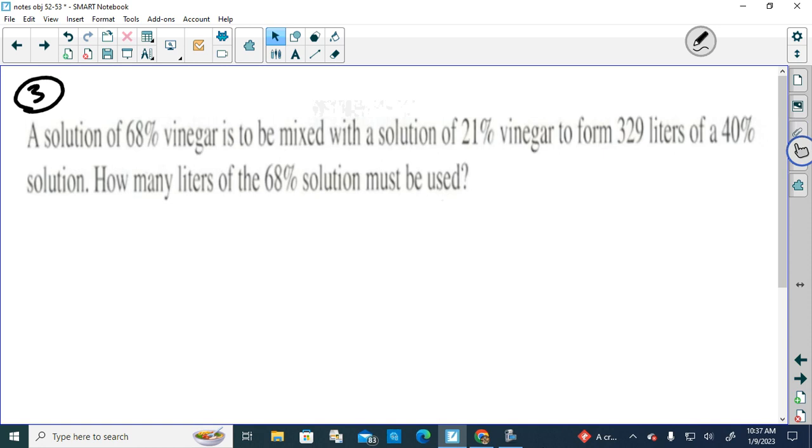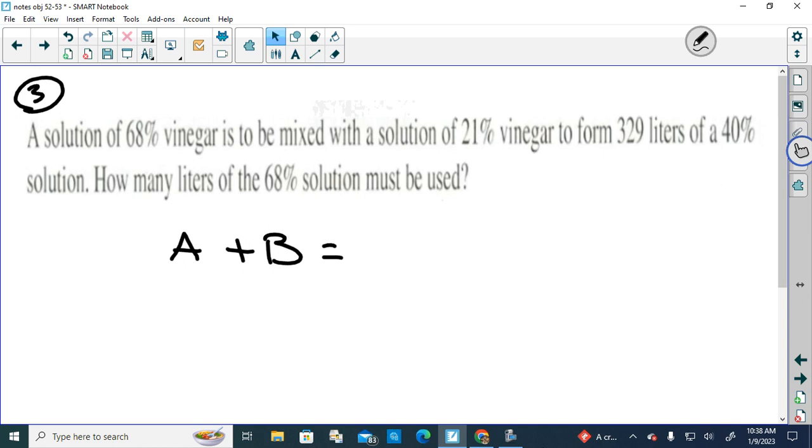Okay, a solution of 68% vinegar is to be mixed with a solution of 21% vinegar to form 329 liters of a 40% solution. How many liters of a 68% solution must be used? So this one's just a little bit different, okay? We still have 2 different solutions that we're mixing together. You can make it X and Y, I'm gonna make it A and B. I'm gonna be mixing together A solution and B solution